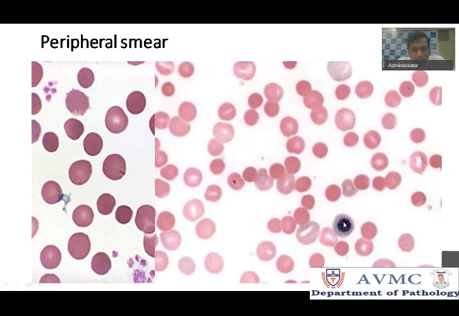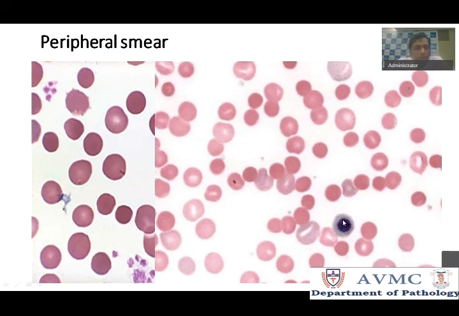Don't say a lymphocyte. A lymphocyte will not be so small like this. This is a nucleated RBC. Normoblast. Yes, very good. Normoblast. So when the anemia is so severe, the immature nucleated erythroid precursors will come out, and you are seeing that here. This is a nucleated RBC or a late normoblast or an orthochromic normoblast.